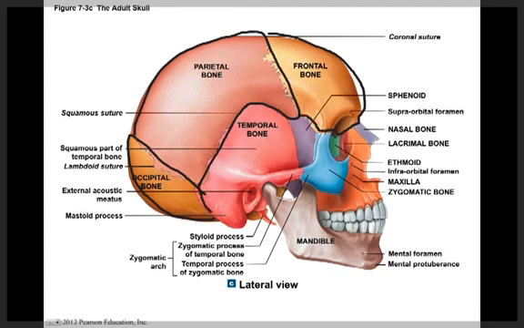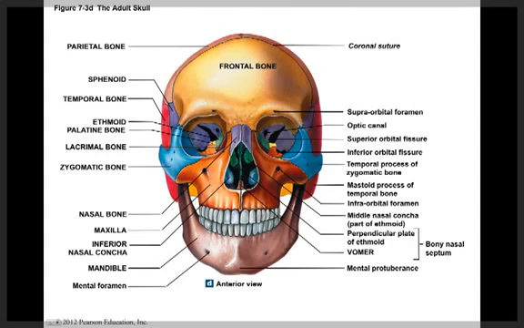And then here we have the temporal bone. The temporal bone houses the opening for your ear. We also see 2 other bones. We see a portion of the sphenoid bone, and we also see a portion of the ethmoid bone. These are the 2 other bones of the cranium. Here's an anterior view of the skull. Below the frontal bone we can see this bone at the back of the eye orbit, and that is also